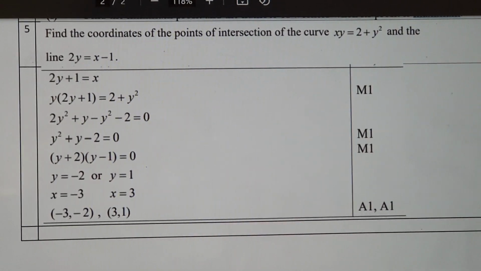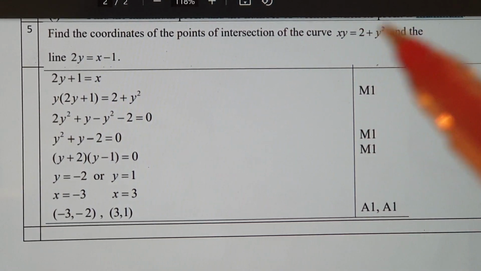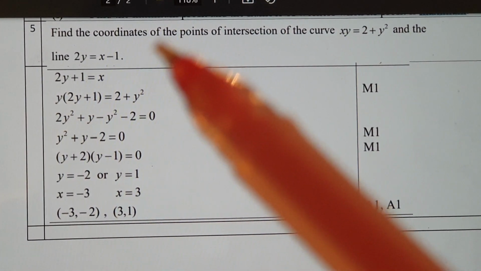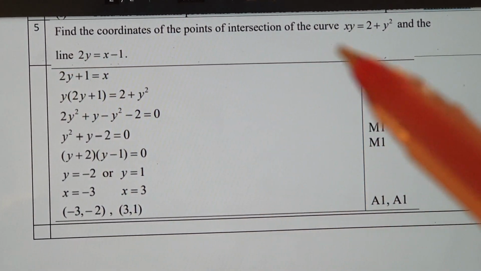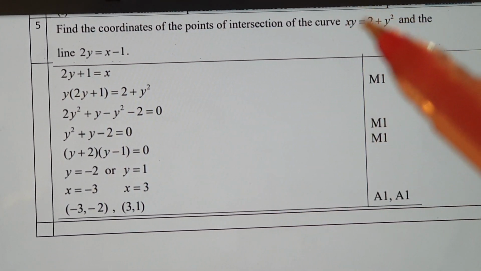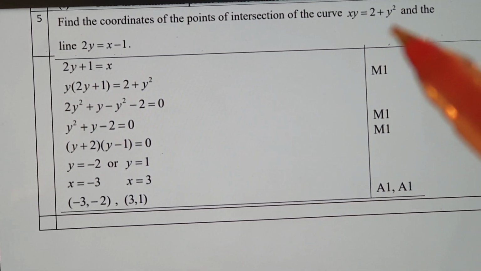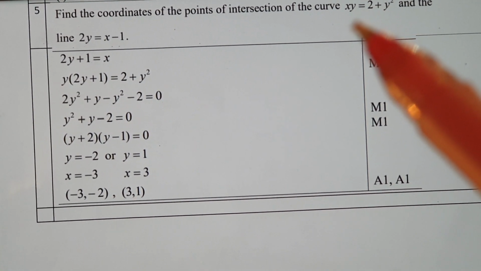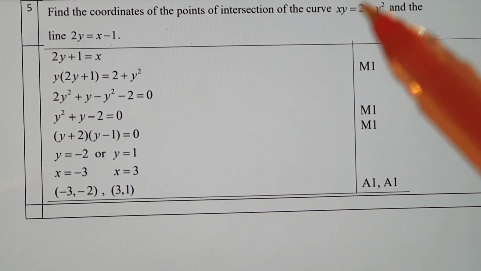Alright, now find the coordinates of the points of intersection of the curve and the line. So remember you learned solving of simultaneous equations. Okay, now when you solve equations, you're actually finding unknowns. So one common mistake that many of you made, right, when you solve simultaneous equations in Amaths is you only